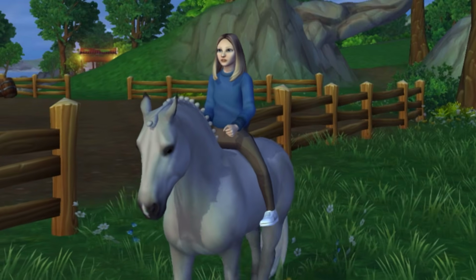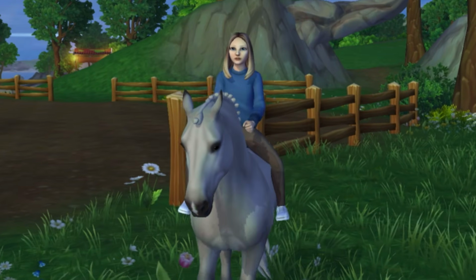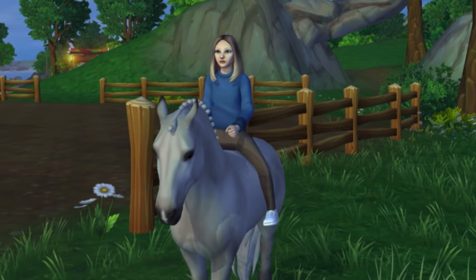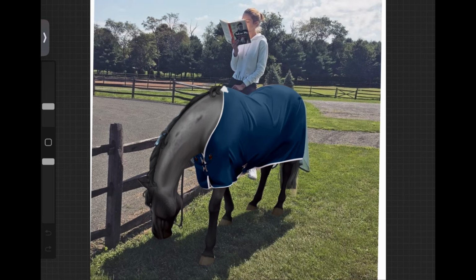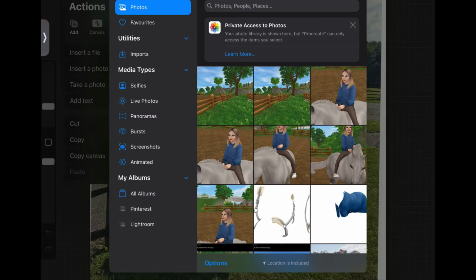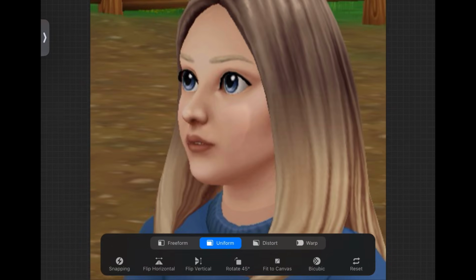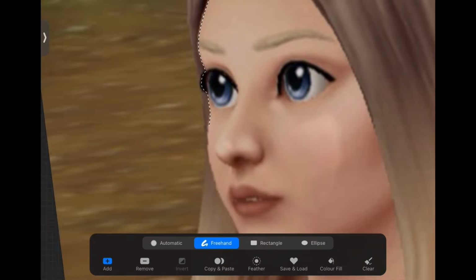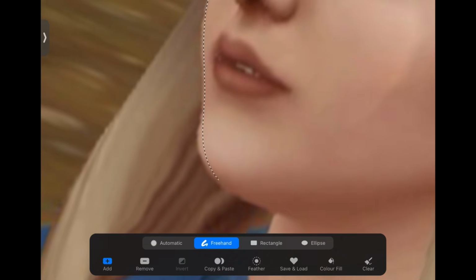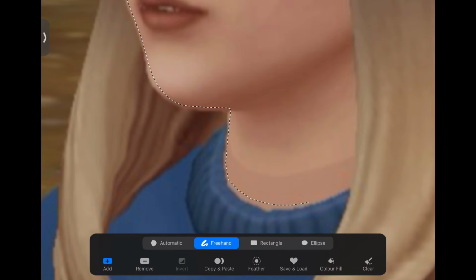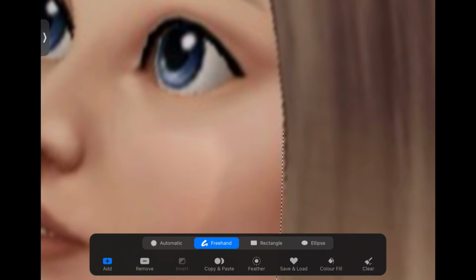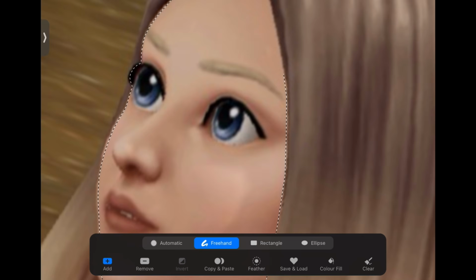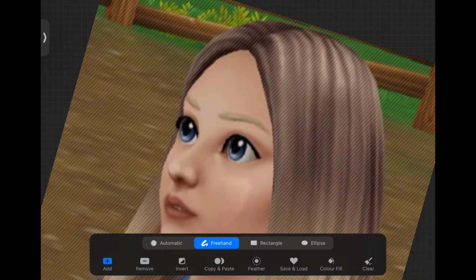And if you have all of these points checked, then you can actually get to edit your character and we can get started. So I already have the horse edited. If you want to see how I edit horses from Star Stable, I actually have another video specifically about that you can watch. So anyways, if you've watched the video that I made like 1 year ago about how I edit horses, you're gonna see that the process for editing humans is kind of similar,